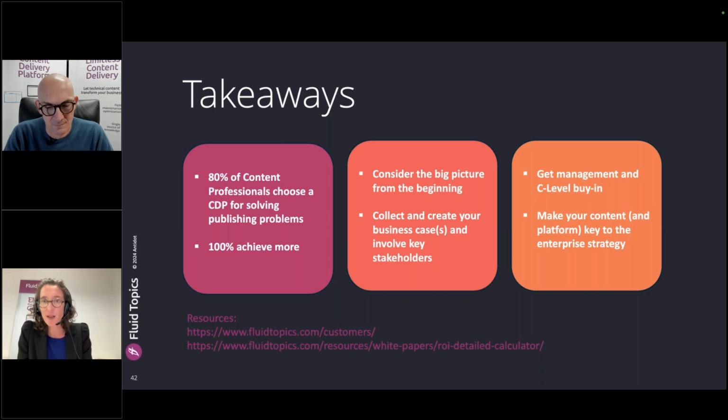I'm not saying that everything is going to be done from scratch at the kickoff of the project, but getting the support from different stakeholders, within marketing, customer service, and field service, for instance, for those who have field services, can accelerate the decision process and get you the management buy-in and the budget that you need to ultimately make your content a key part of your enterprise strategy.